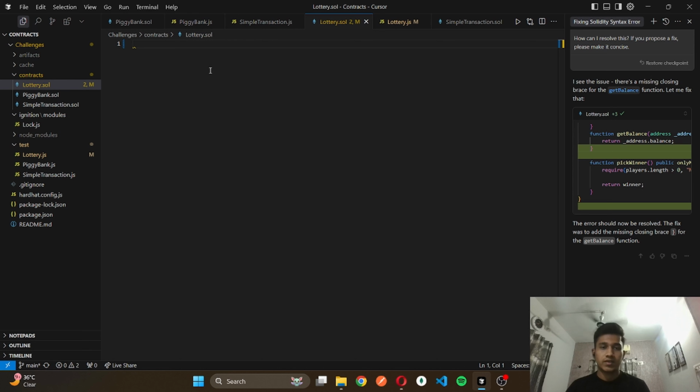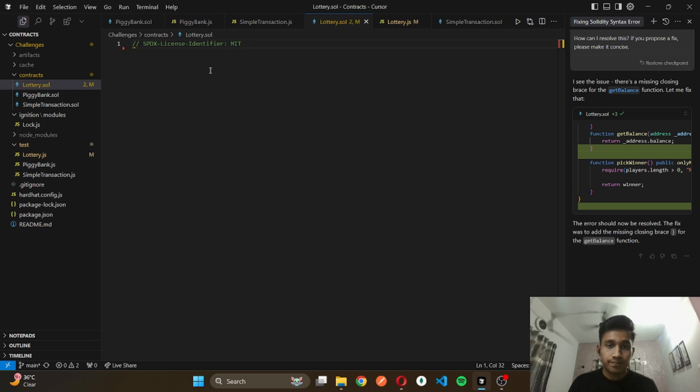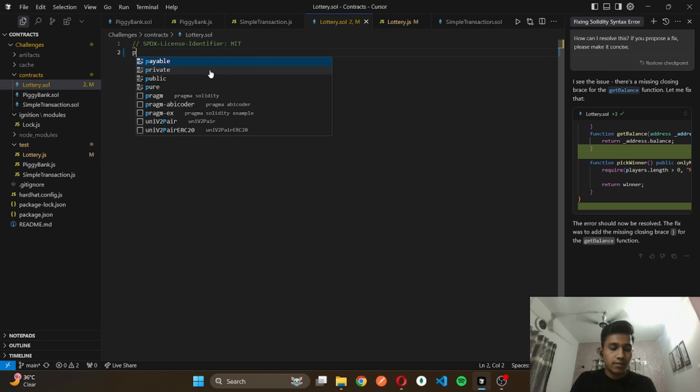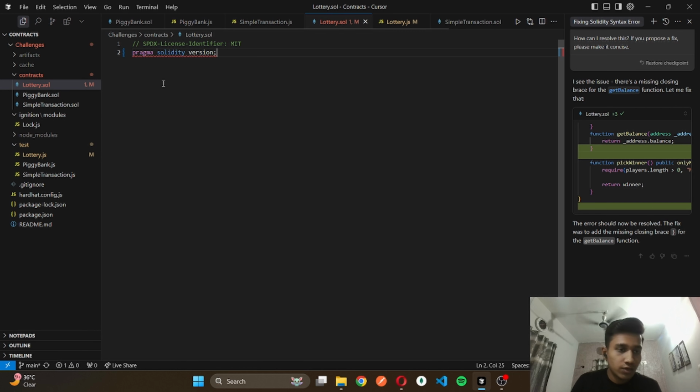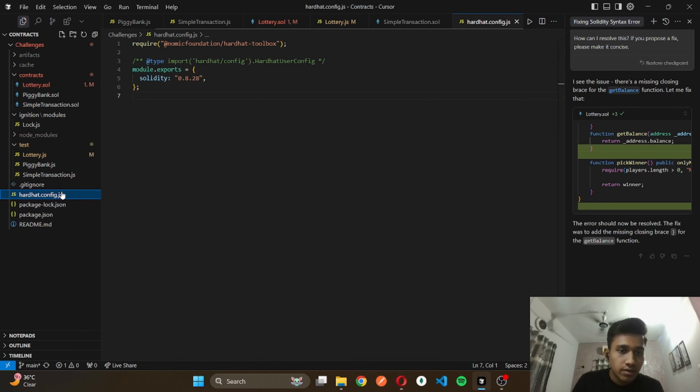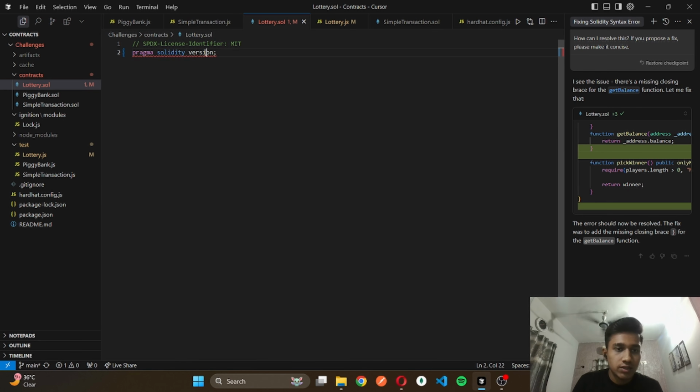In order to write a smart contract, we first have to give the license identifier. So I'll be giving the SPDX license identifier. Now I have to mention with which version of Solidity I need my code to compile. So I will be doing that using pragma solidity, and the version which I'm using over here is 0.8.28. Okay, so I'll be mentioning that over here